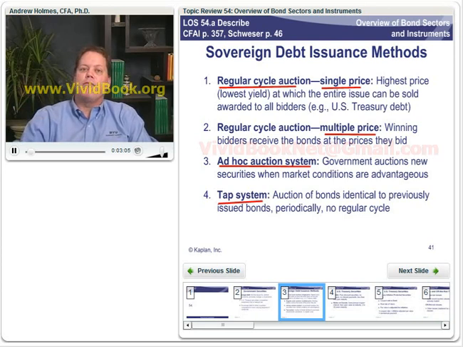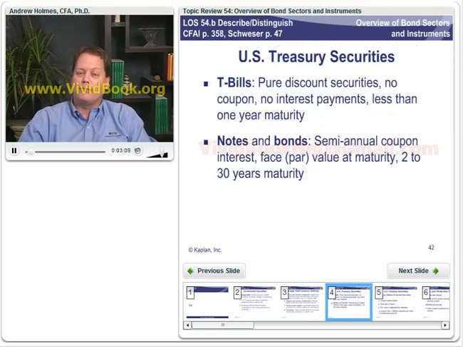Let's think of U.S. Treasury securities. Of course, there's a lot of them floating around out there. Well over $10 trillion worth of these. Anyway, they come in several varieties or several forms. And you need to know something about the way these securities are issued. They're an important part of the credit markets worldwide in the sense that they're integral to the pricing process, and you're going to be expected to know some of the underlying details of these bonds on the exam.